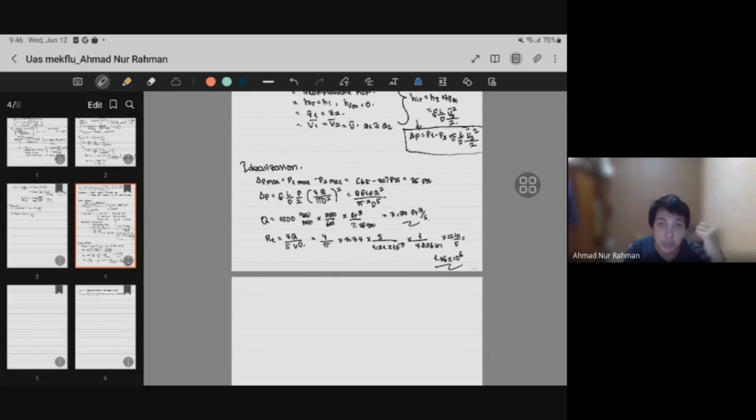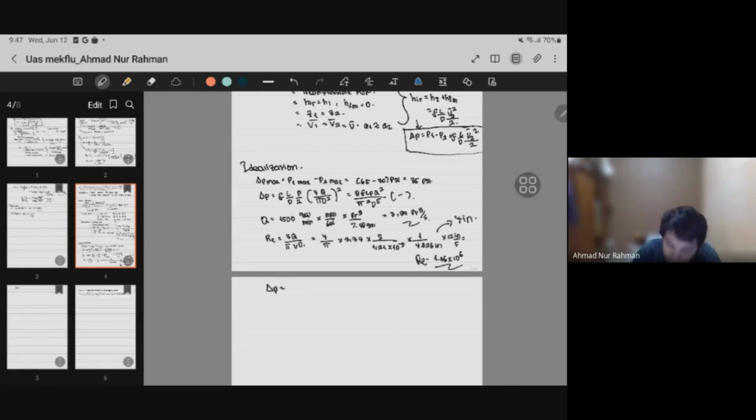Okay, so from the previous explanation, we take the nominal for this, because the Re we get is 1.06 times 10^6. This is the Re result. So when we solve the delta p using the equation,